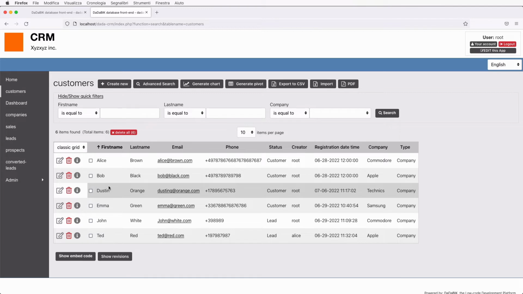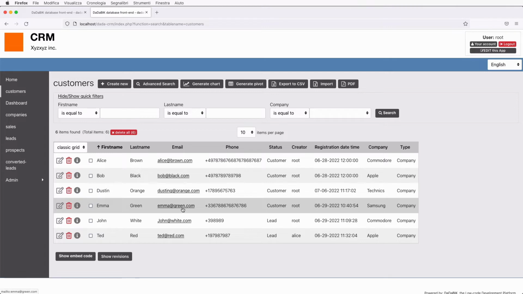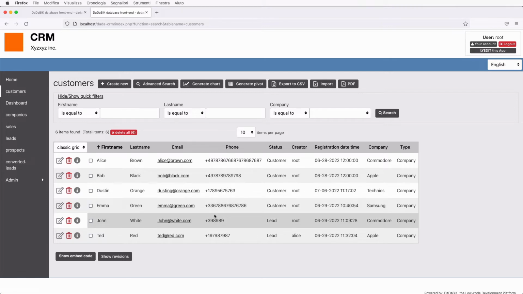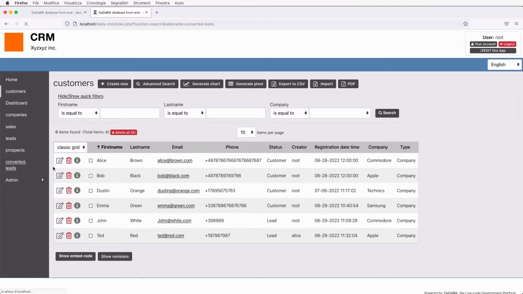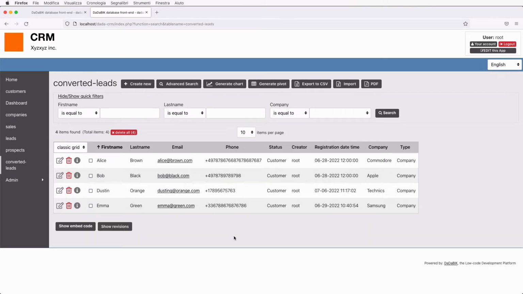Remember that views are always up to date. I mean, if I change, for example, the status here of a lead, and I set it to customer, then when I click on converted leads, I will see 5 customers instead of 4.